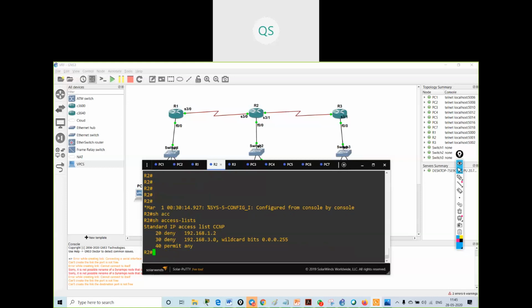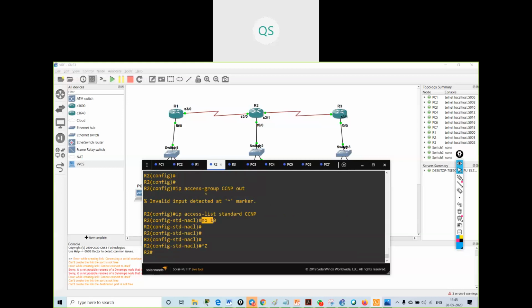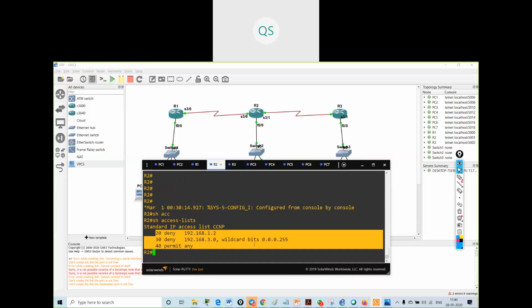See, my 10 has been removed. I can remove a particular command, a particular thing. I just have to say no 10, the sequence number. I've removed the first statement. I can do this only in the named access list.